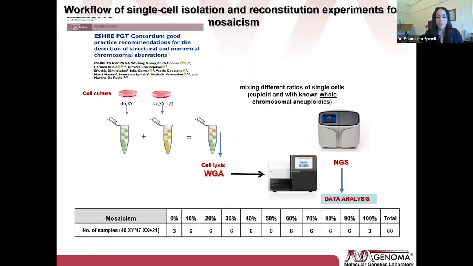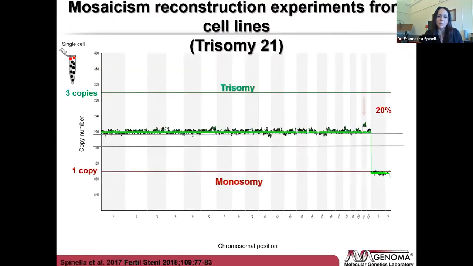This is the experimental model in which we combine euploid and aneuploid cell lines, in this case aneuploid for chromosome 21. We need to perform different dilutions or different combinations of euploid and aneuploid cell lines to obtain a different percentage of mosaicism. After analysis of all of these samples, I will show you in the next slide that we can obtain a sort of